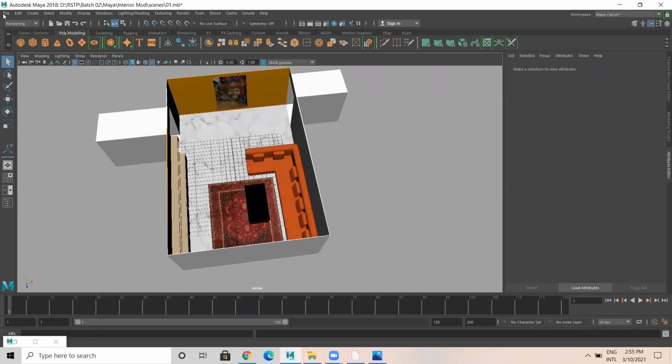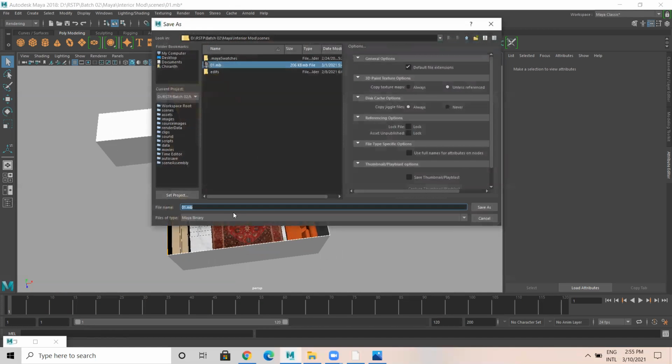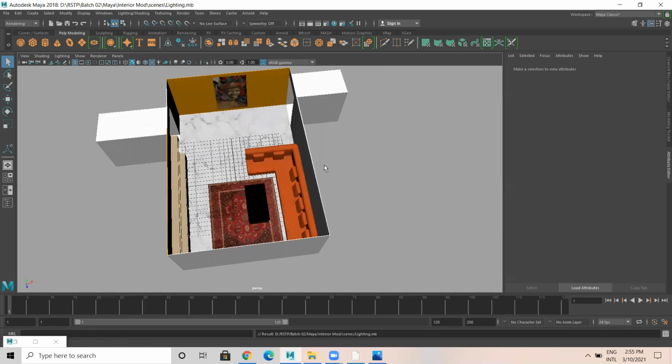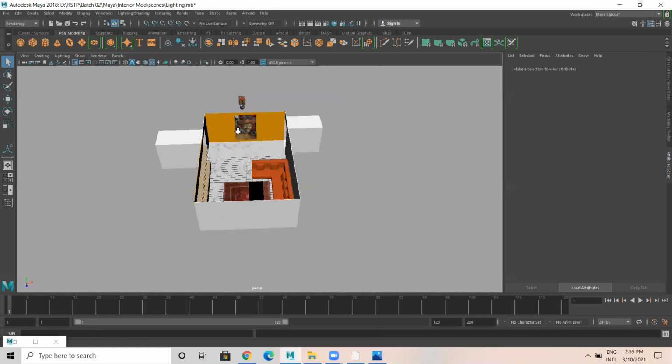Okay, let me take this file, save as lighting. File, save as lighting.